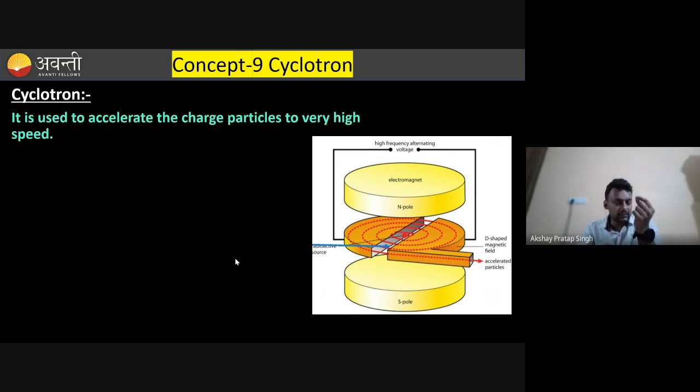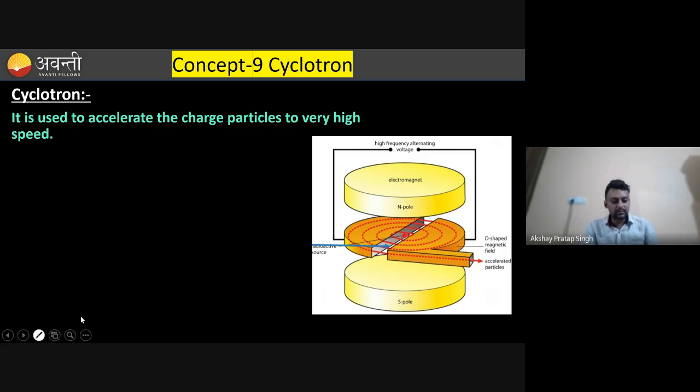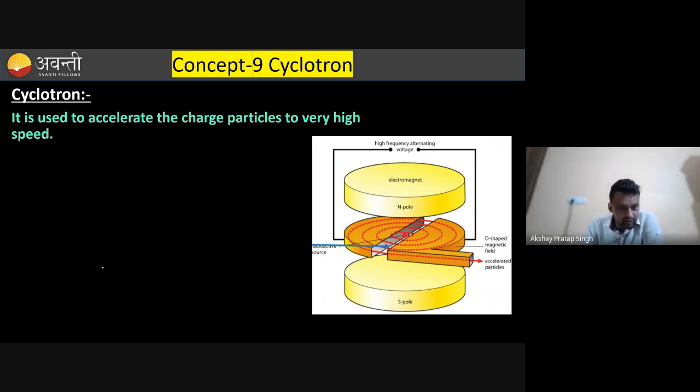Suppose you have a charged particle and you want to provide it a certain velocity. So how will you provide it a certain velocity? By using the device cyclotron. What is the construction of this cyclotron device? The construction is very simple. First of all, if I can draw for you the schematic diagram, I am just trying to draw,